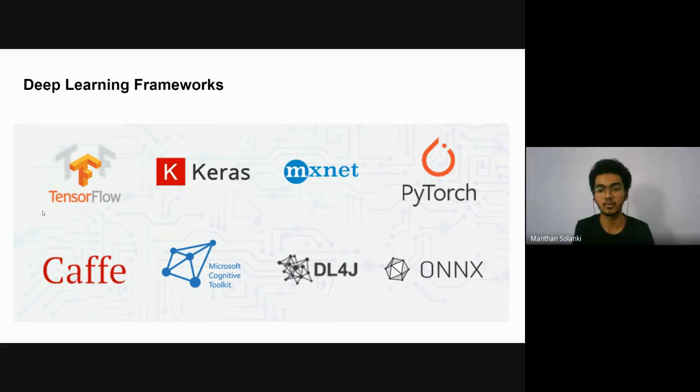No doubt the other libraries are also available, but PyTorch is more Pythonic. So if you like to work on research, you can definitely go for PyTorch. But my advice would be to try both and then decide which one works better for you. So these are the famous deep learning frameworks.